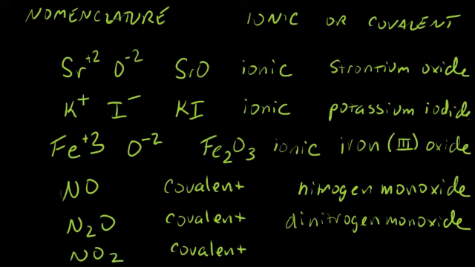NO2, there's only one nitrogen, so it's not mononitrogen. Only if there's more than one do we use a prefix for the first element. And finally, oxygen, chop off the ending, add IDE, oxide. All right, so those are some examples. Let's take a look at some of the polyatomics then